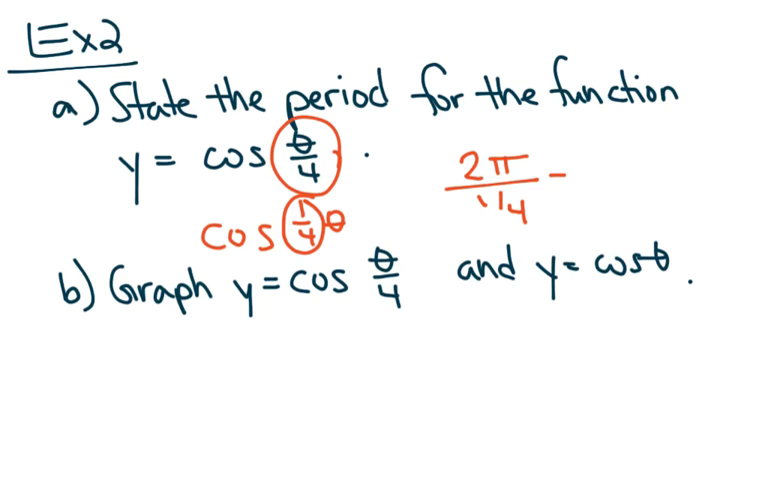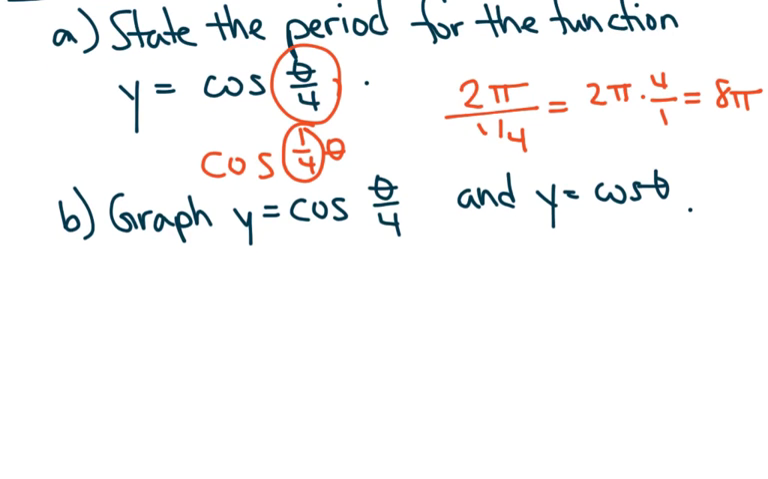When you have a fraction within a fraction, you have to multiply the numerator by the reciprocal of the denominator. And it turns out the period is 8 pi. That means that it's going to go 8 pi along the x-axis before it repeats its pattern. So now in part B, when we go and graph that,